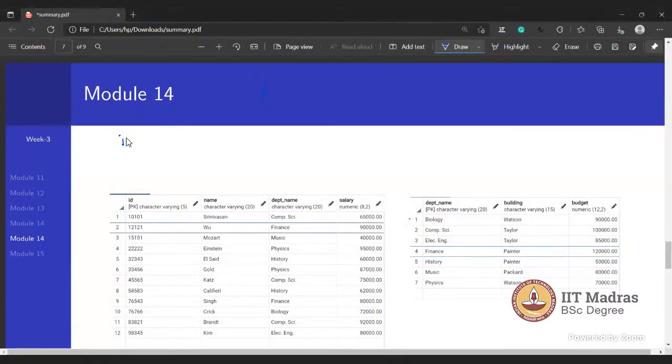Suppose this is the instructor table and this is a department table. And this is the referenced table, and this is the referencing table.